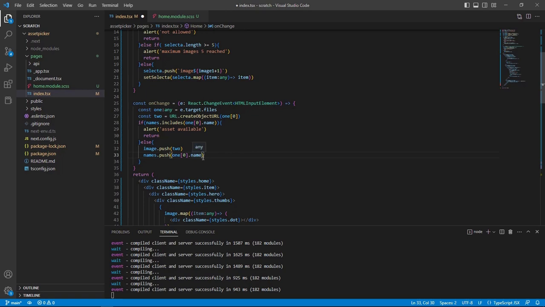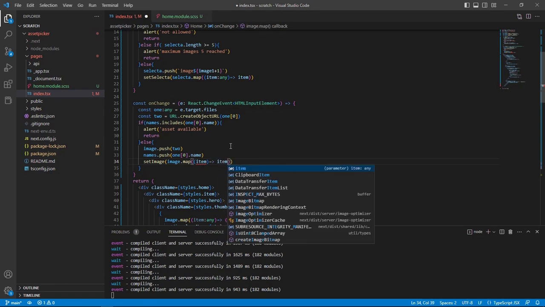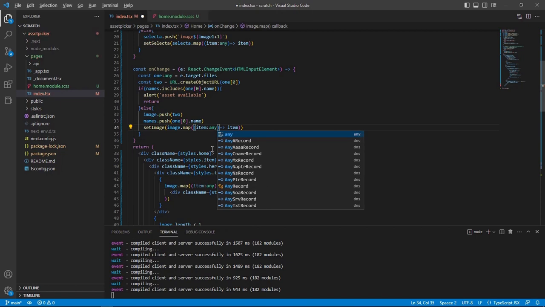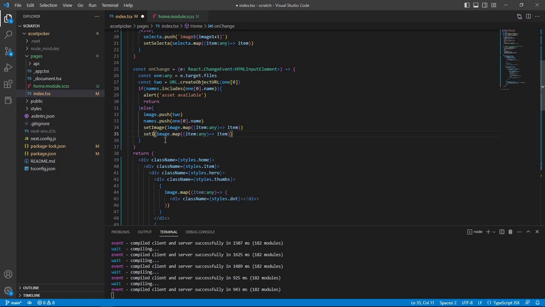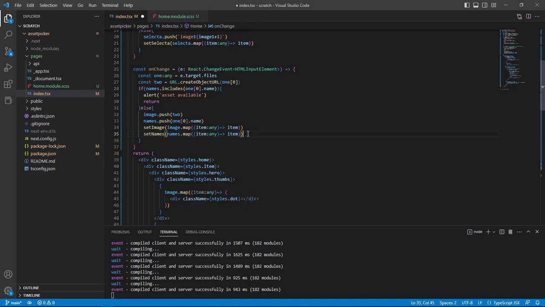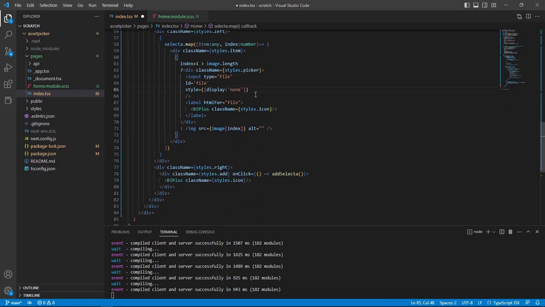So we're going to set image, and then I'm going to pass image.map item, which is pointing to an item, right? We're going to copy it and then change it back to names. So on change, I'm going to pass it here. On change,